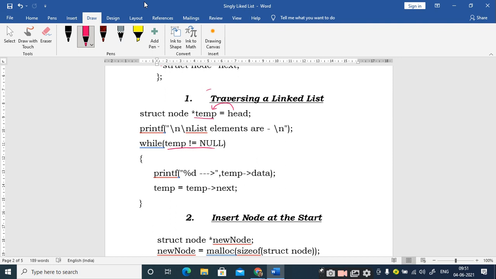Or you can also write like this: while temp next not equal to null, you just go and print it, and then you increment temp such that it points to the next node by using this statement, temp is equal to temp next. Is it clear? Clear, sir. Right. So this traversing part is very important.